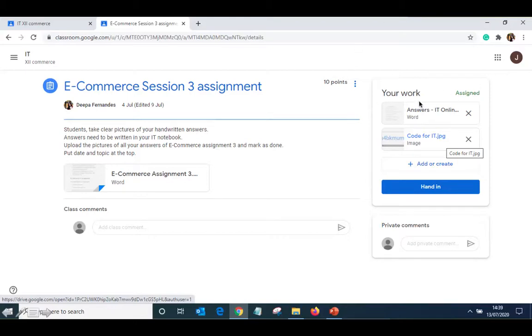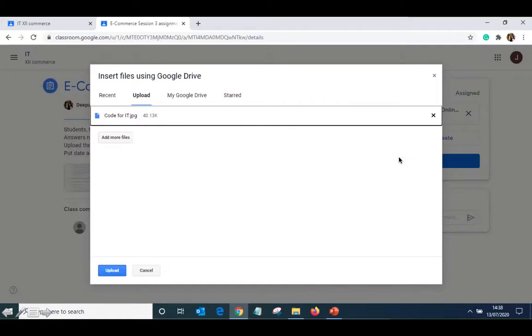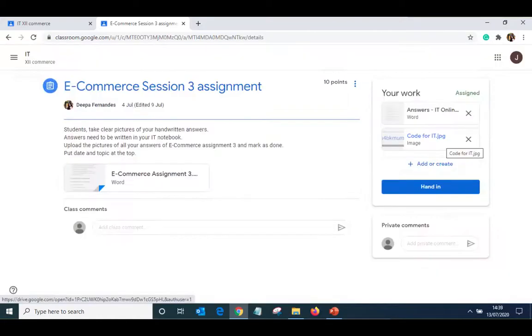So make sure you check here after uploading. After you finish uploading, check in your work whether you have attached the right files. If there are duplicate files, if you have added twice, please go ahead and delete and keep the relevant single work in your work, okay, in your work category.